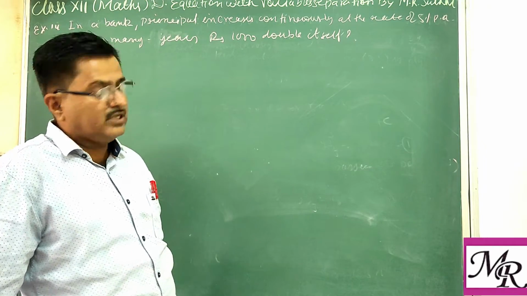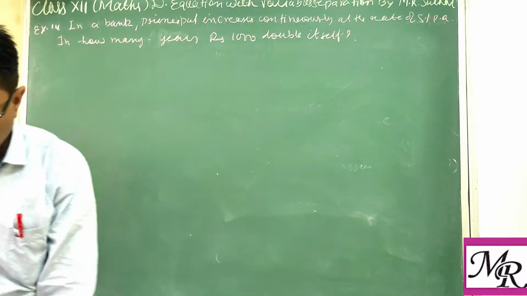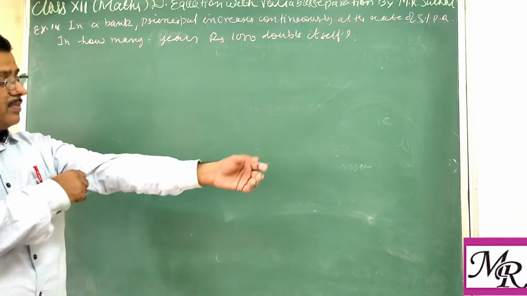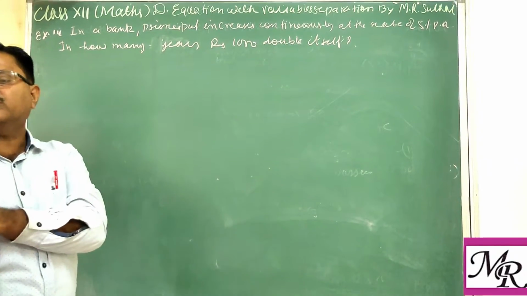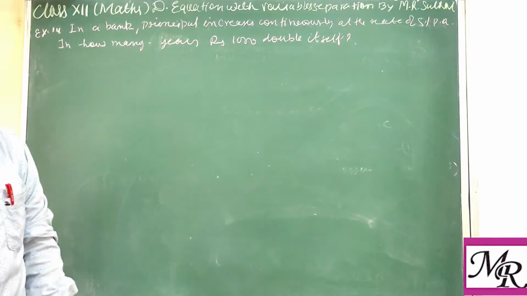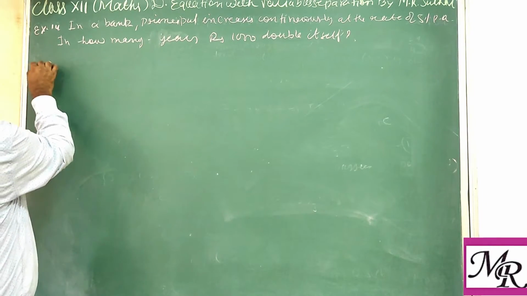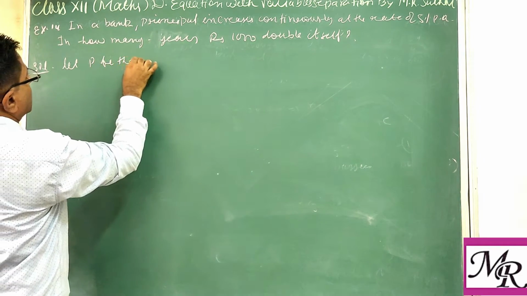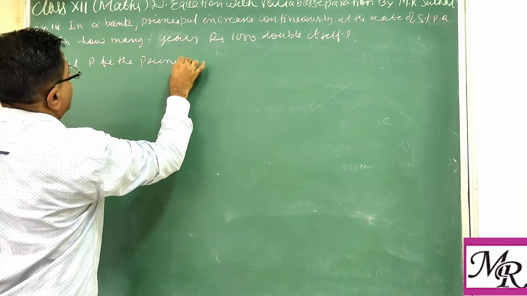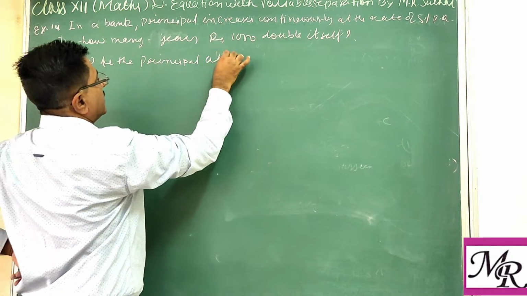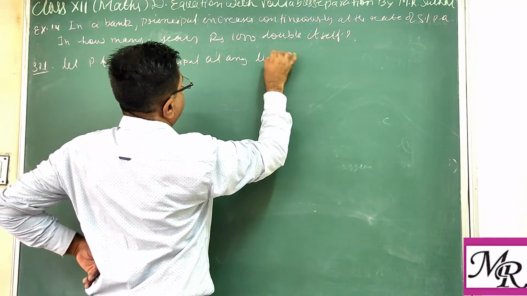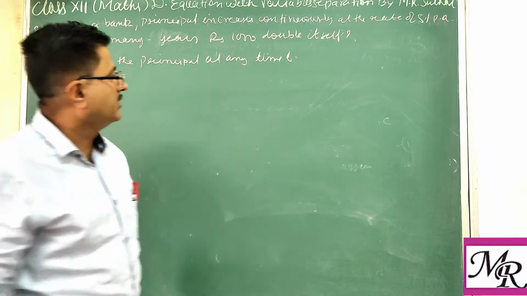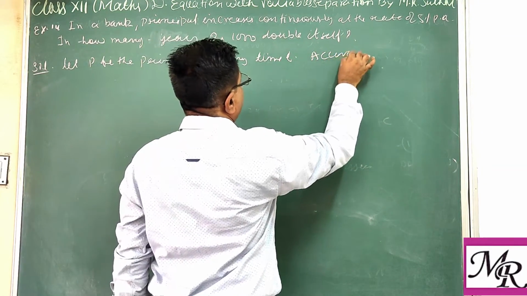As in earlier classes, or in 11th class, you have already seen how we solve this type of problem with the help of a formula. Now with the help of the derivative we can also solve this. That's why this is a very important topic. So let capital P be the principal at any time t. We suppose here capital P is the principal at any time t. Now according to the given condition,